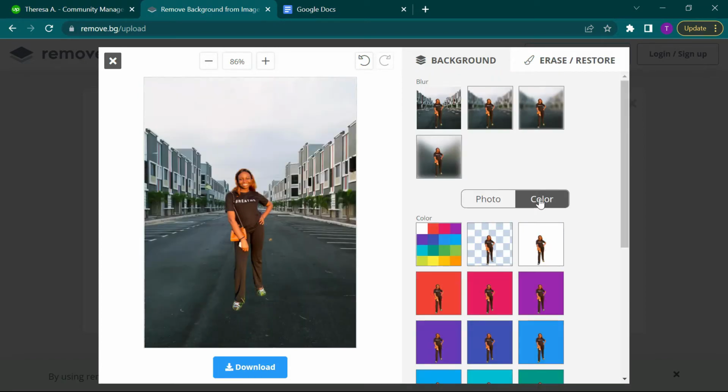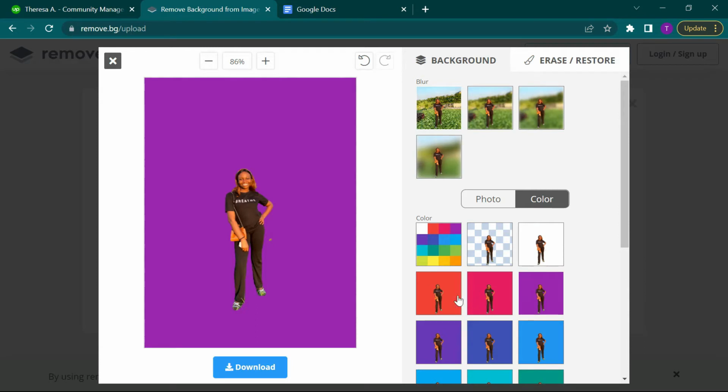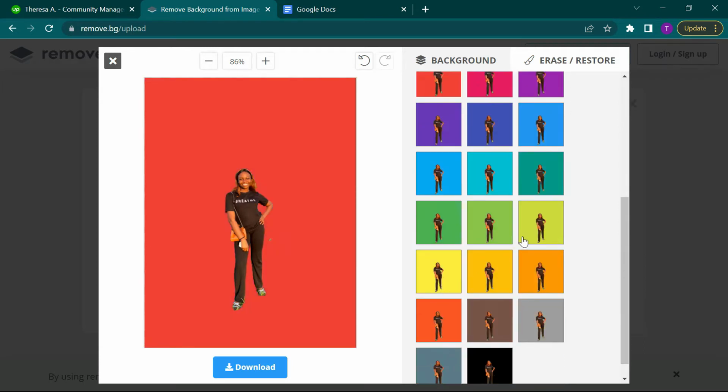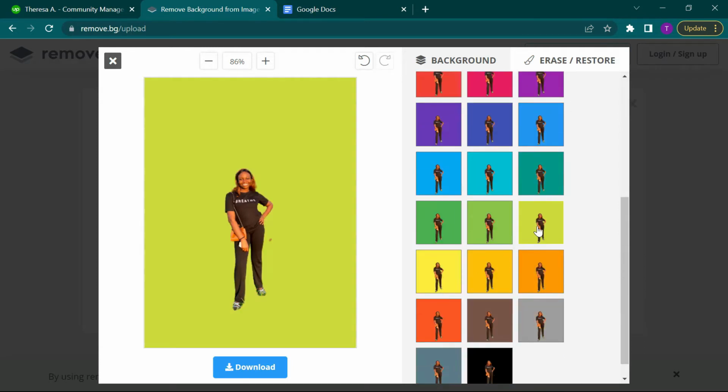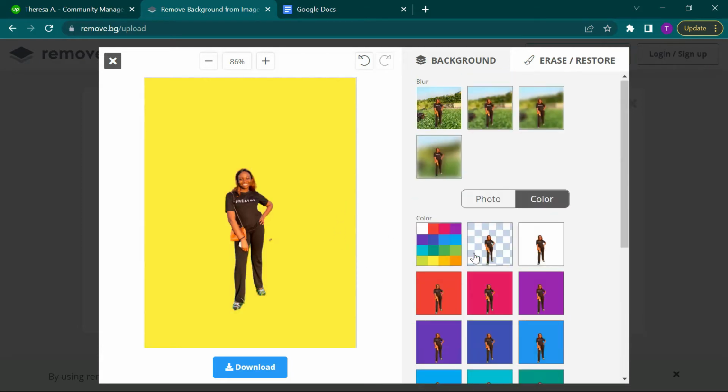Okay, but that's not what we want to do. So we want to change the background. You can choose white, it could be purple, red. I prefer this color, the lime green, or orange. This makes you stand out, or yellow. So I'm going to go with yellow, and that's it. I'm going to download